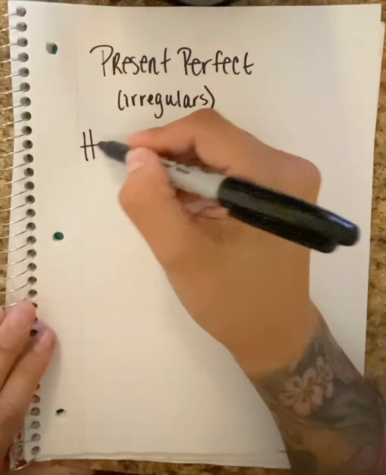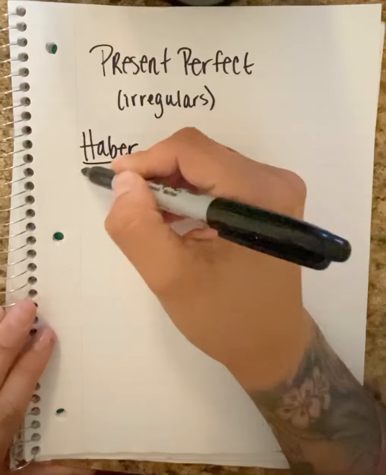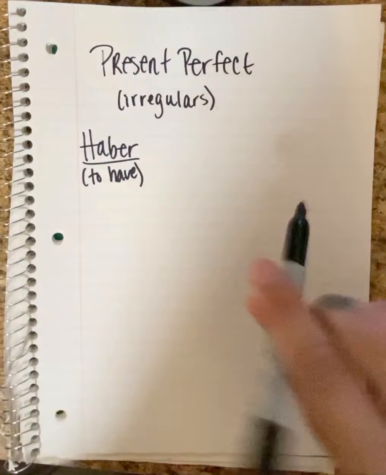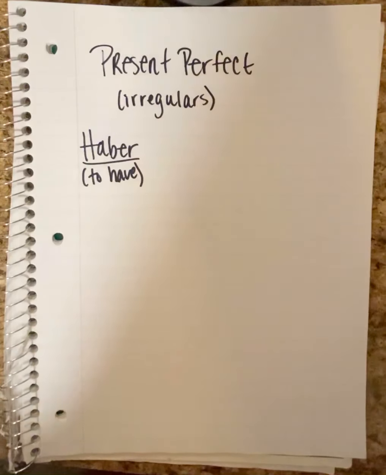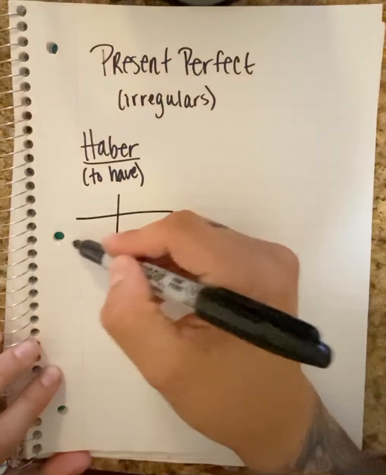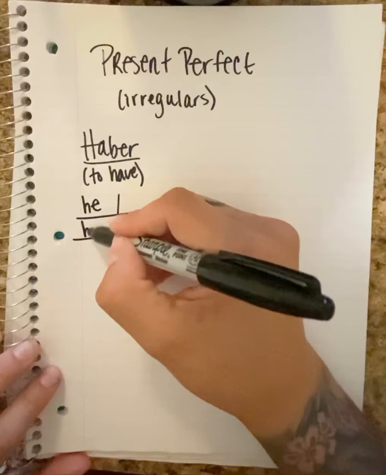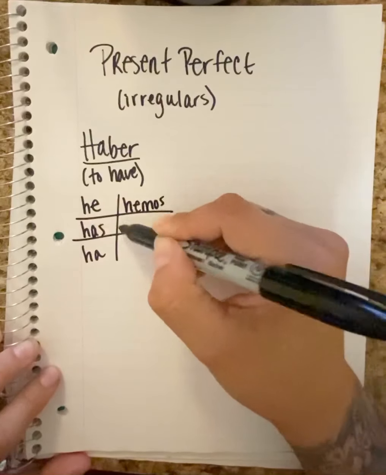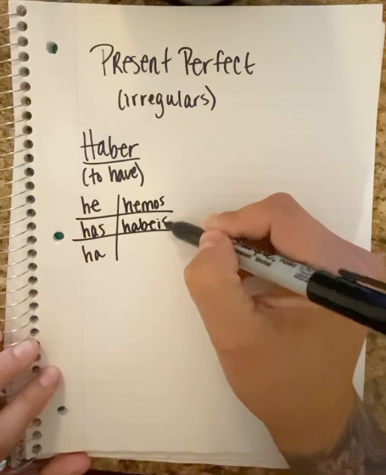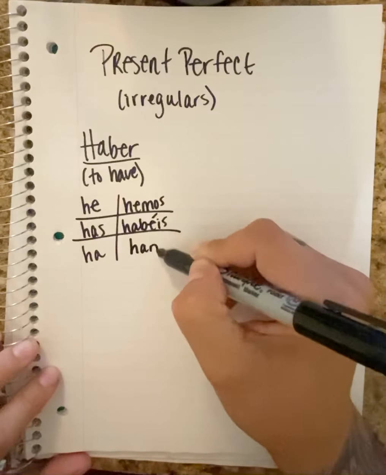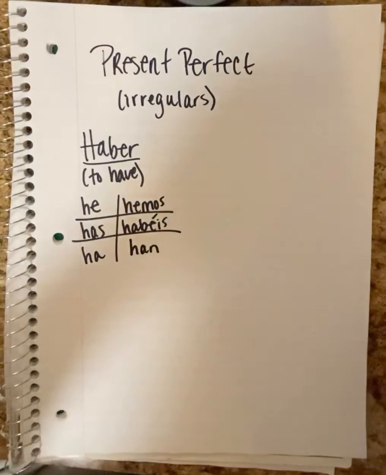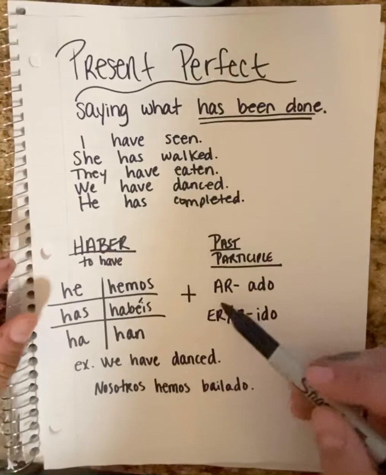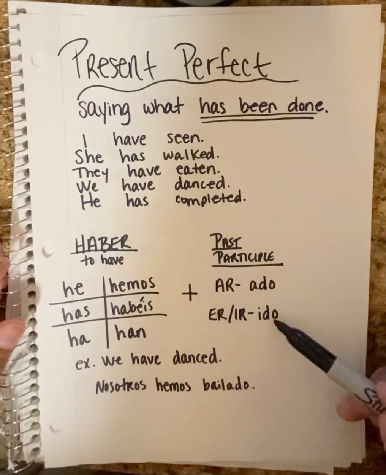Okay, so again, we have the verb haber, which means to have. But remember, not like to have something. I have a marker, that would be tener. And then its chart is he, has, ha, hemos, habéis, han. Okay, now remember in this past video I told you that AR goes to ado, IR goes to